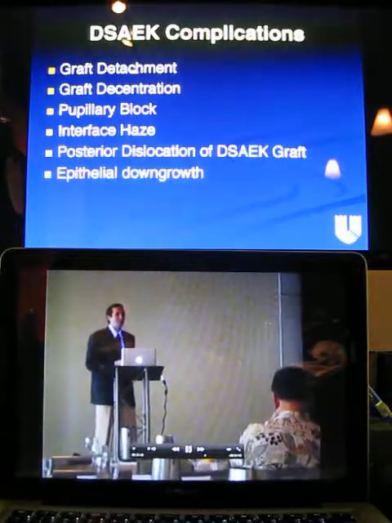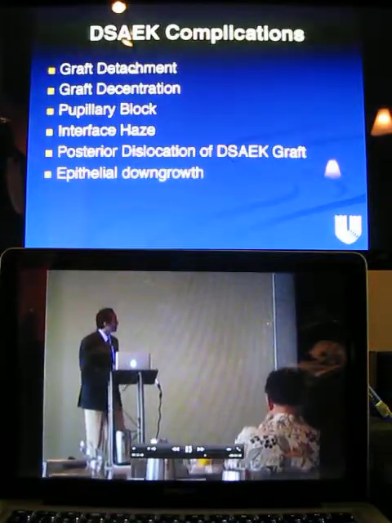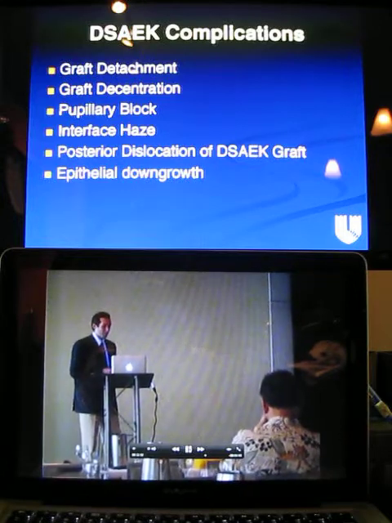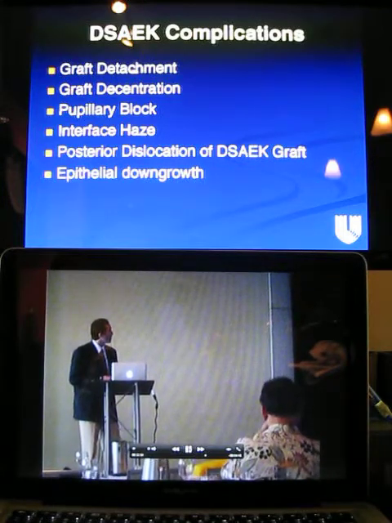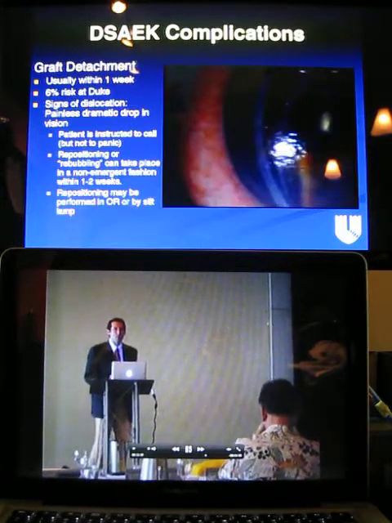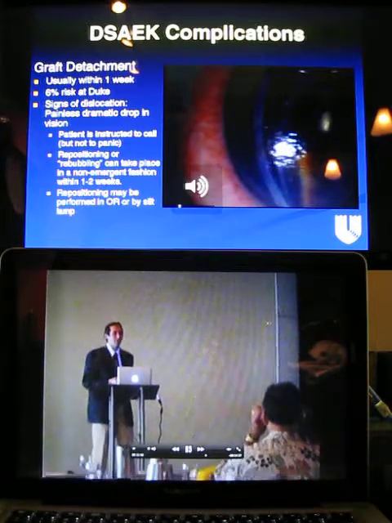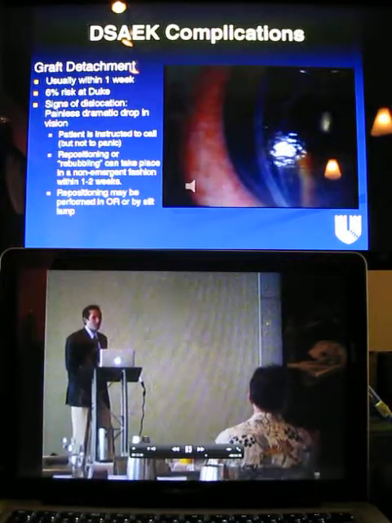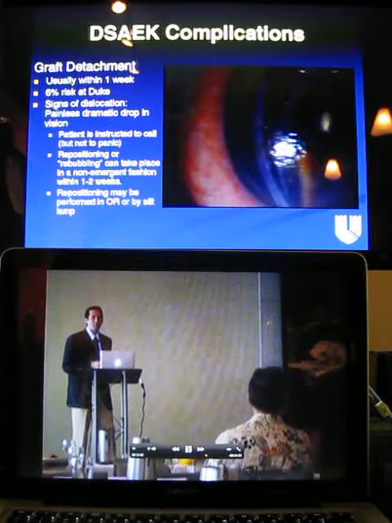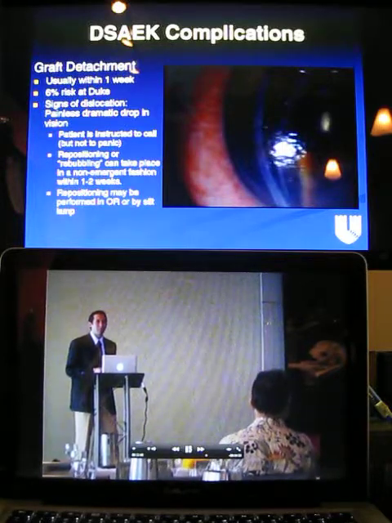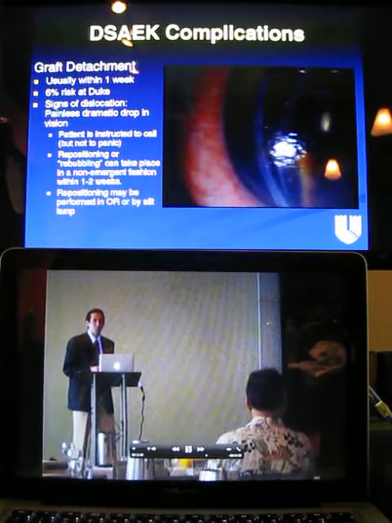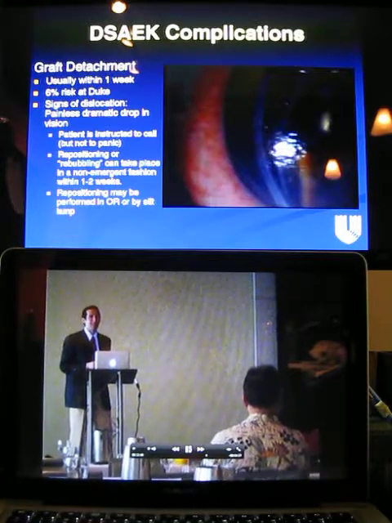So DSAEK has its own list of complications. Most common complication is graft detachment. At Duke, on our review of our initial 800 cases, we found a 6% risk of detachment. Of the ones that detached, 95% reattached with a second air bubble, done in the same slit lamp as I'll